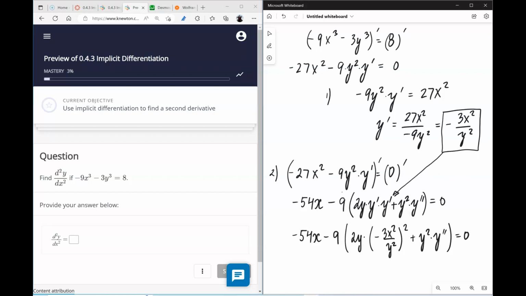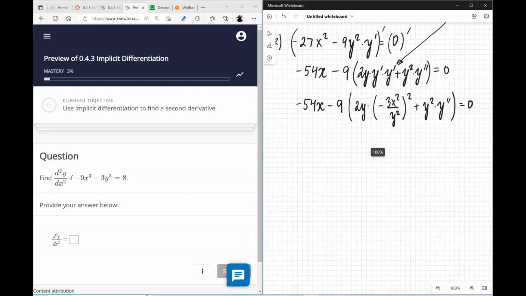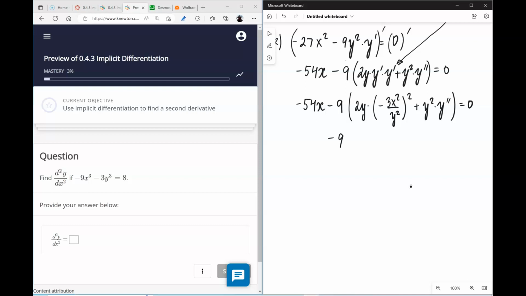And we just need to isolate y double prime, so we're going to add 54x to both sides, divide by 18, and so let's do one step at a time. Adding 54x, and let's simplify this. As we're squaring, we have 2 times 9, 18. In the numerator we have x to the power 4. In the denominator we have y to the 4, but we also have 1 y over there, so it's y cubed. Here we have y squared times y double prime, and all that is equal to 54x. We can divide it by negative 9,